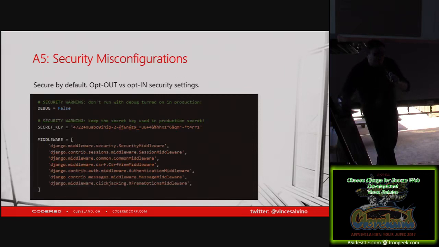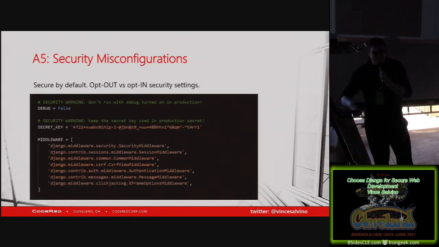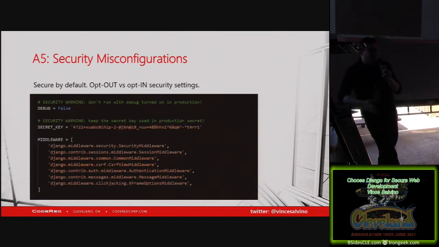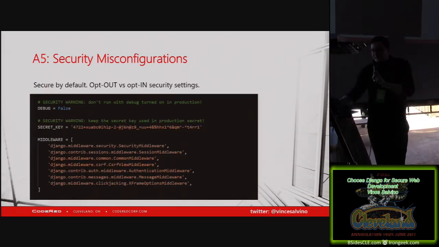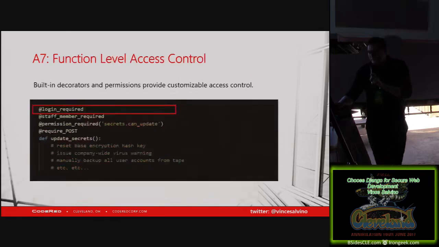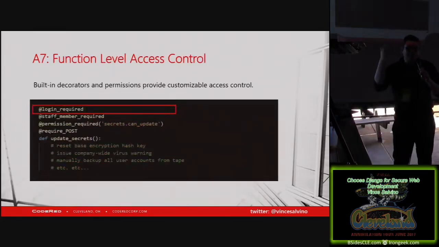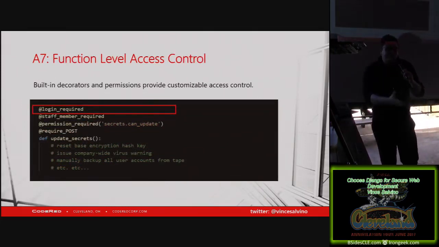All these middlewares, there's a Django security middleware, cross-site request forgery middleware, all those ones that we just talked about, authentication middleware, they're all just turned on by default. So out of the box, debug is normally turned on by default because you kind of need that when you're developing. But there's a big bold warning above it that says turn it off. But everything else, it generates a secret key. It really has a lot of security settings on by default.